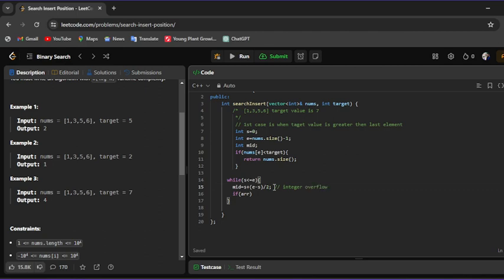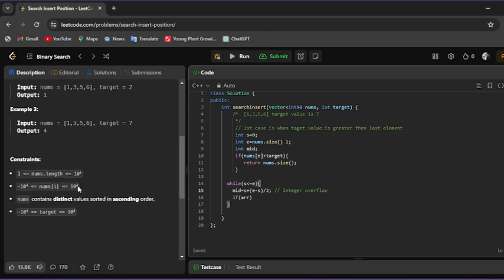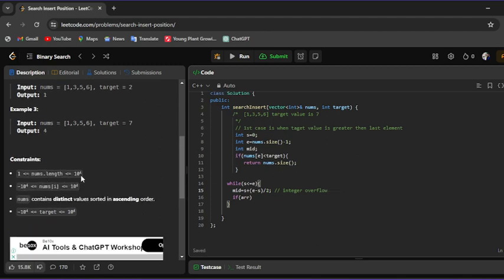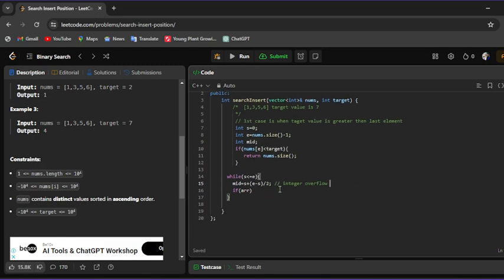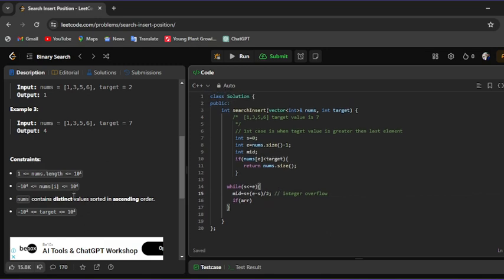How does integer overflow take place? In this question this condition is not given, but let's take one example. When the size of the array, nums.length, is equal to int max, the maximum value of integer, then if you use start plus end by 2, you are adding two int max values, and when adding two int max values and then assigning, you get the integer overflow. So due to this,